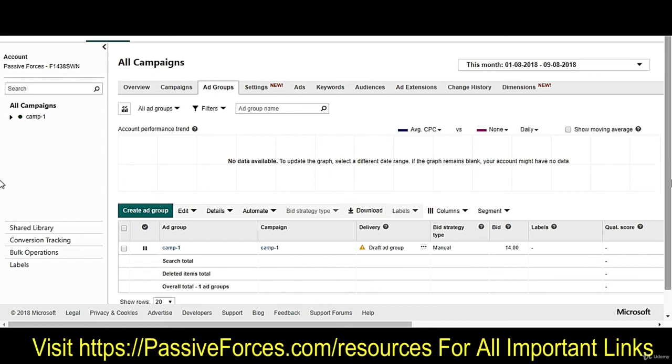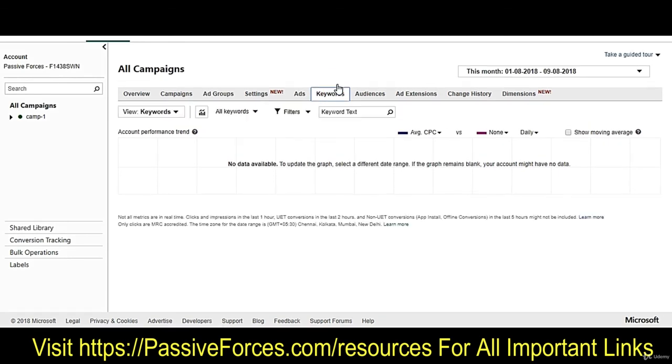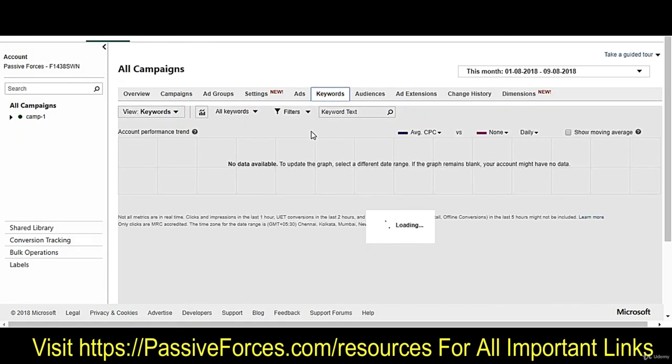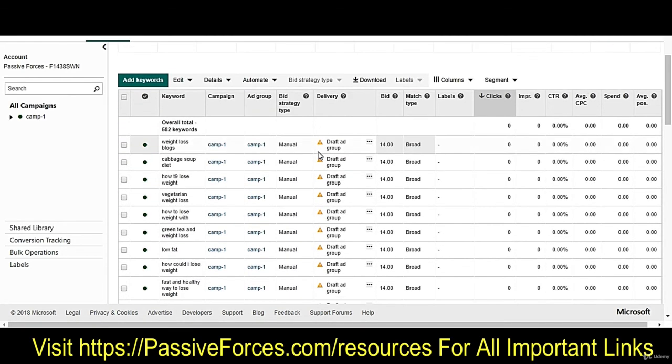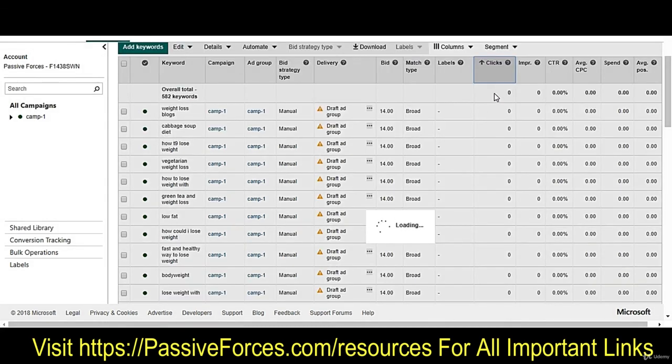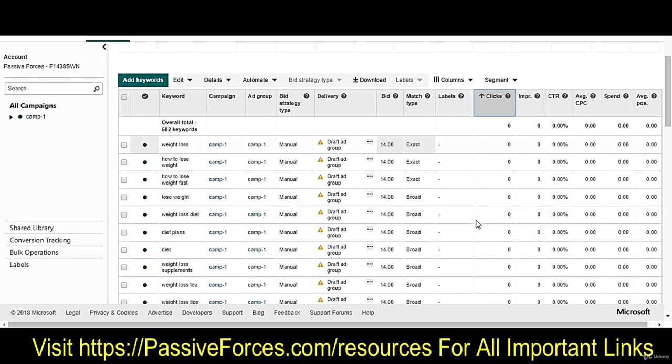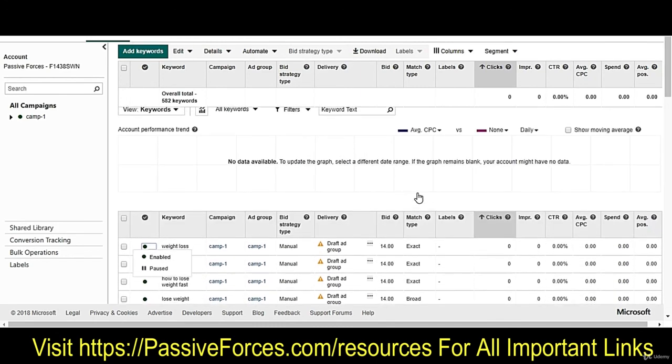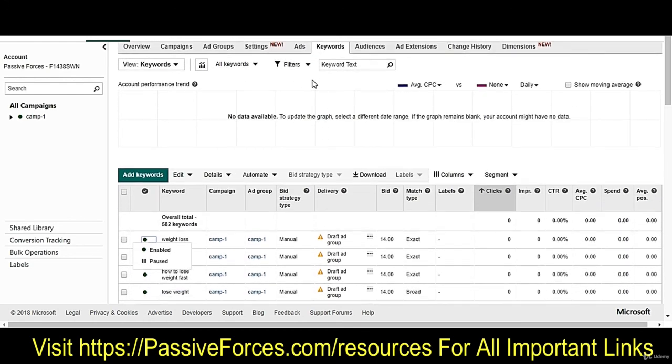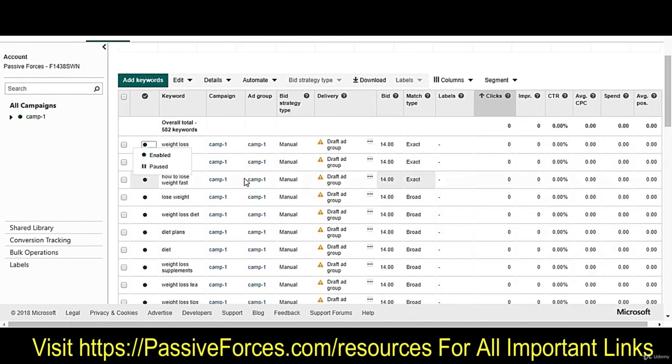And then you can go to the keyword section. You can see which keyword is getting more and more clicks. You can filter here. It will show you the keywords which are getting clicks. If the keyword is okay, let it run. If it's not okay, you can pause it or delete it. Okay, so let it run for 2 days first, then you can come to the keyword section and make the required changes here, right?